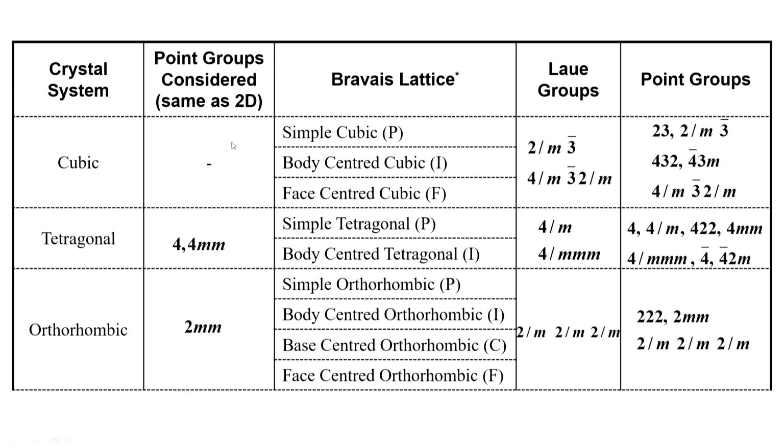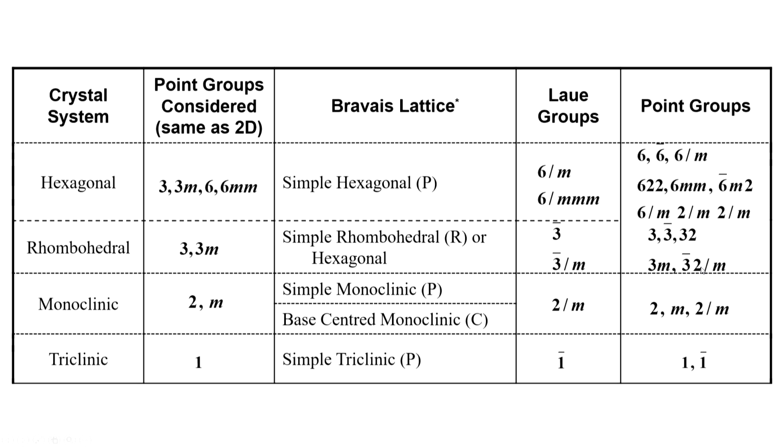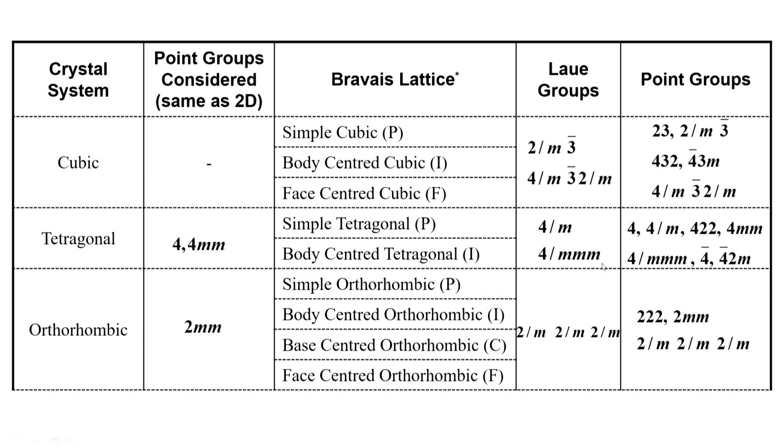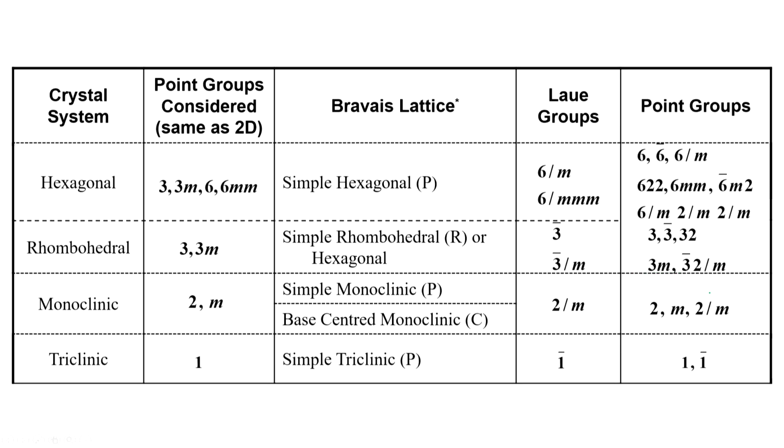So, this is the list of Bravais lattices. You see these are all the point groups, this is the complete list. So, all the point groups are mentioned on the right column, and these are Laue groups. You will find that only some of the point groups have been taken out from here. For example, only 4/m is considered. Similarly, in this only one point group is considered. Like that you will find several things.